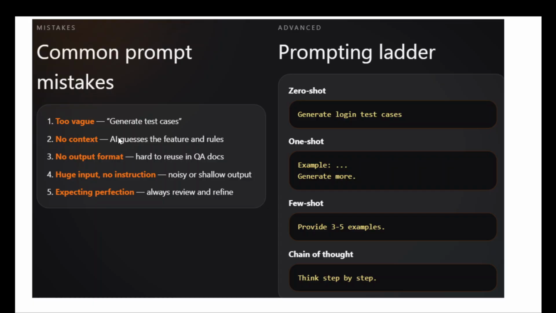Not providing the proper context will not give you the proper output. Always make sure you enter the expected output format. Do not provide a huge input without any instruction. Always try to provide proper instructions, and do not expect perfection, because at the end it's artificial intelligence. It can provide output which may or may not be 100% perfect. It needs some refinement and review to make it work and to make it perfect. So never expect 100% perfect output from the AI,